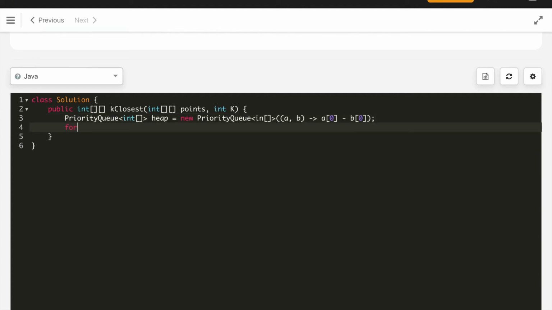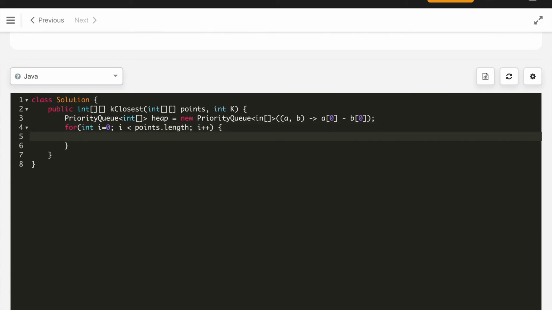Then we will iterate through all the points: int i equals 0, i less than points.length, i plus plus, and we will calculate the distance first and add that to the heap. So heap.add a new int array with values.